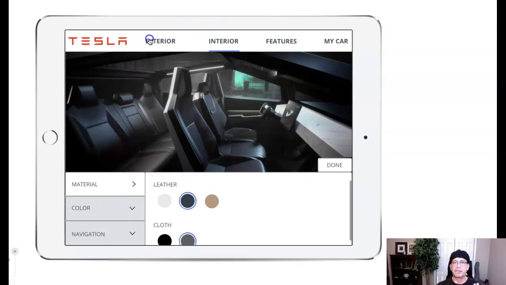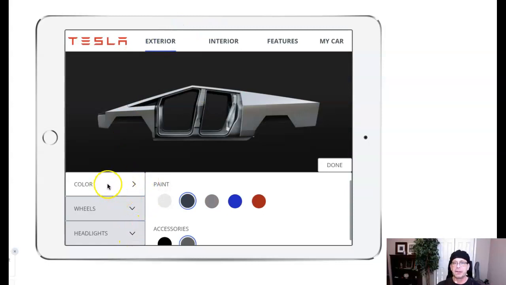The other thing I would mention, both exterior and interior, is put a scroll bar here and make sure that there's a note on that. It won't work in your clickable, unless of course you use a high fidelity clickable. But the scroll bar here will indicate, and also make notes, that the scroll bar is going to show more features. Okay, so we have color, wheels, headlights, and then whatever else we're able to customize on the exterior of the car. For example, can we add a luggage rack? Can we add fender flares? Can we add